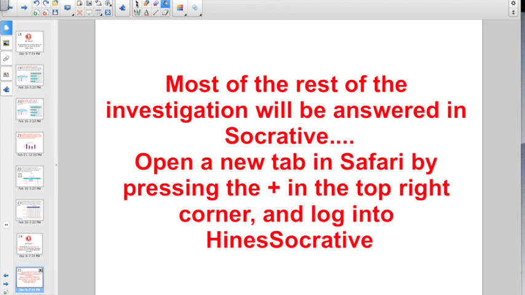Now, most of the rest of this investigation is going to be answered in Socrative. So, open a new tab in Safari by pressing the plus button on the top right corner. Remember to have 2 different windows open, and then log into Heinz Socrative. So you're going to want one window still running this investigation in YouTube, and the other window in Heinz Socrative,